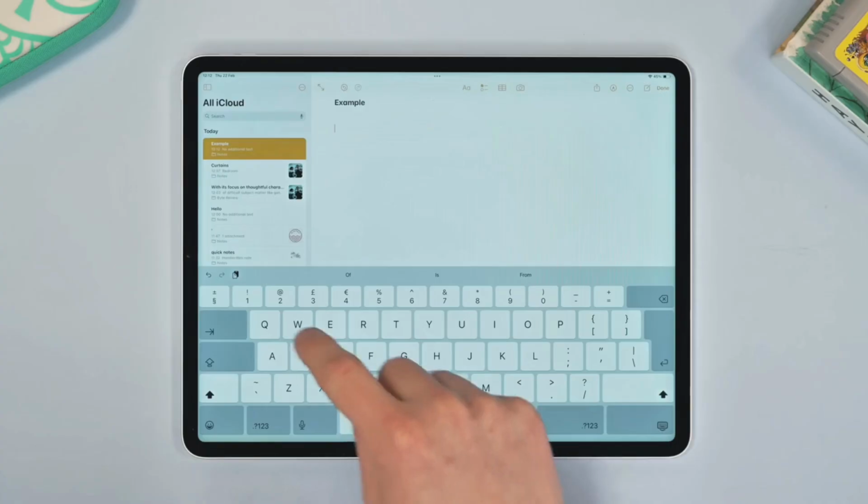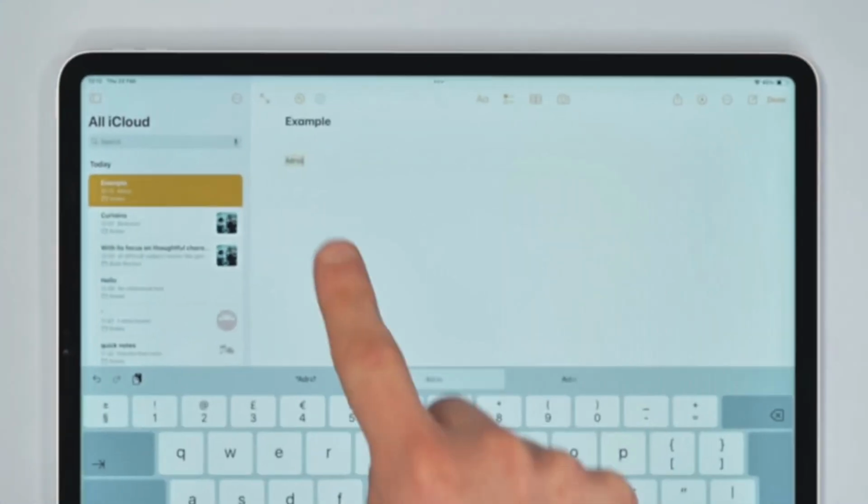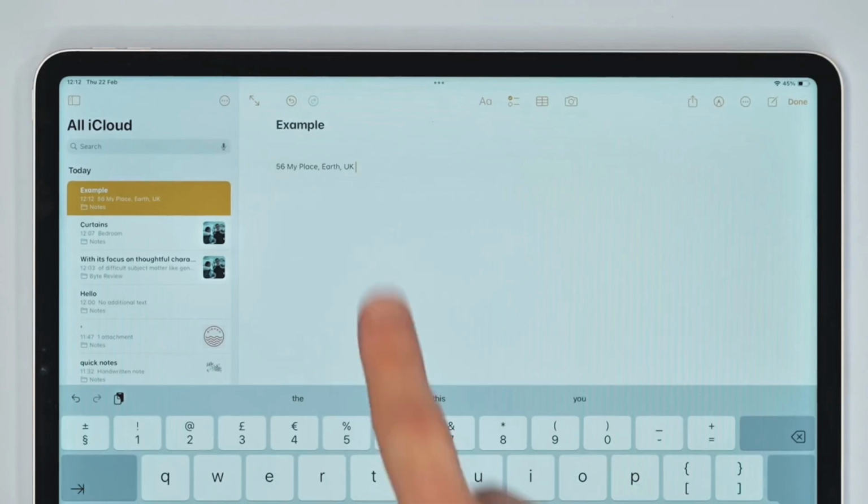Okay, for the next few tips you have to do a little bit of setup to get them working, but they are well worth it in the long run. So the first super useful one is text replacement. It basically allows you to type a couple of letters and it will replace the text with something longer or more useful. I often find myself typing my address over and over. So if I type in RDSS, the iPad will type out my entire address.